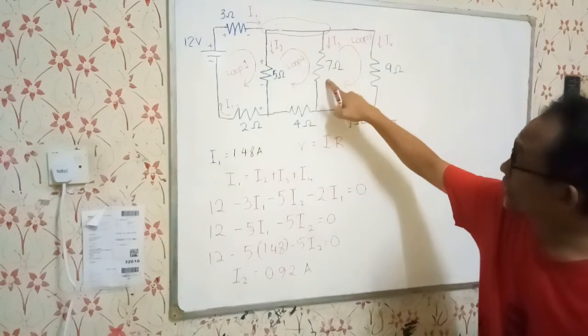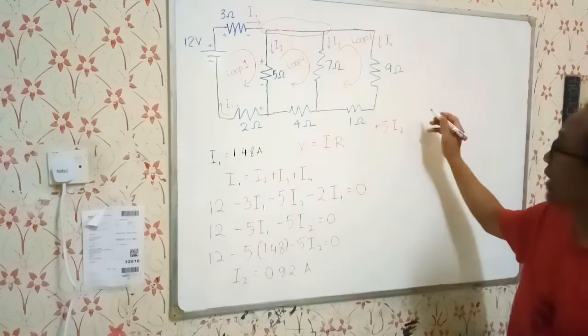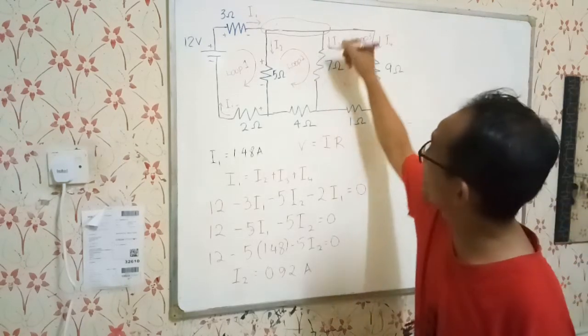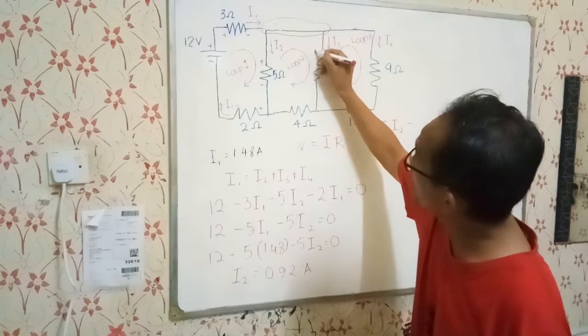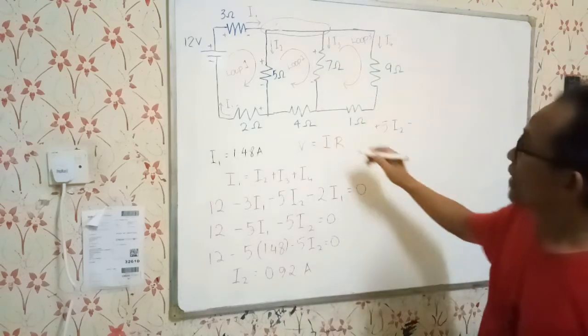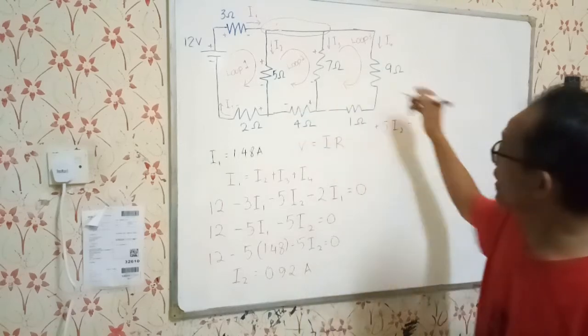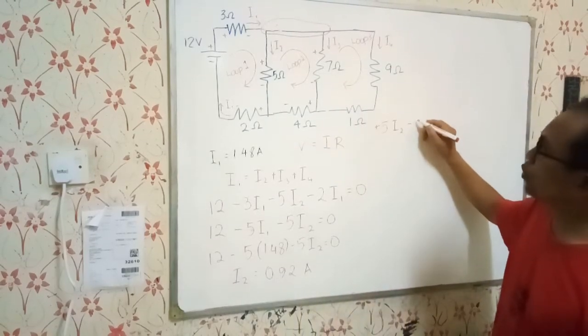And then there is another resistor here, 7I3. That will be minus because as the I3 is going that way, it will be plus minus there. And this one, the current will flow that way, so it's plus minus. And so we have 5I2 minus